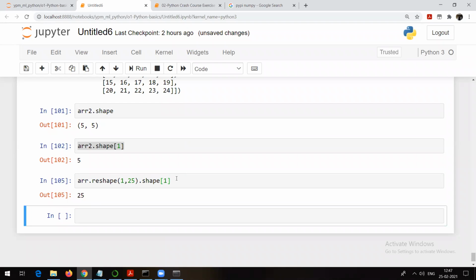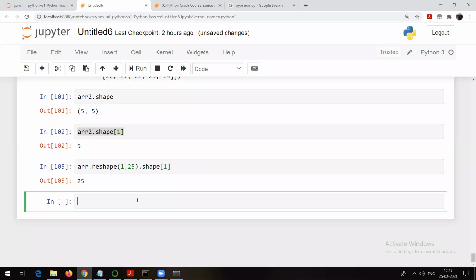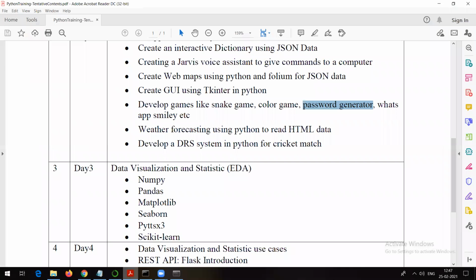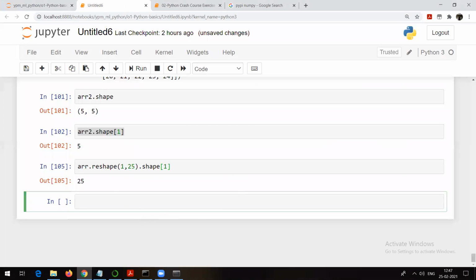Because the next thing which I want to talk about is again a more important thing, that is indexing in case of Python. So just wait for 5-10 minutes. I will continue for 5-10 minutes only, not more than that. Don't worry, it will not take much of your time, because we want to complete all these things. As I told you, whenever it is required, I will let you know. Maybe one more session, one extra session you might be required.